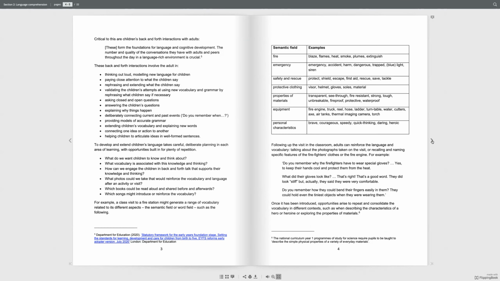Critical to this are children's back and forth interactions with adults. These form the foundations for language and cognitive development. The number and quality of the conversations they have with adults and peers throughout the day in a language-rich environment is crucial. These back and forth interactions involve the adult in thinking out loud, modelling new language for children, paying